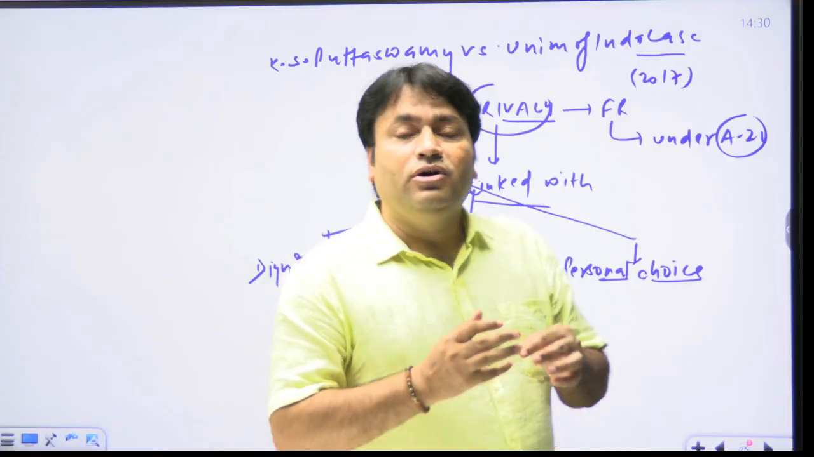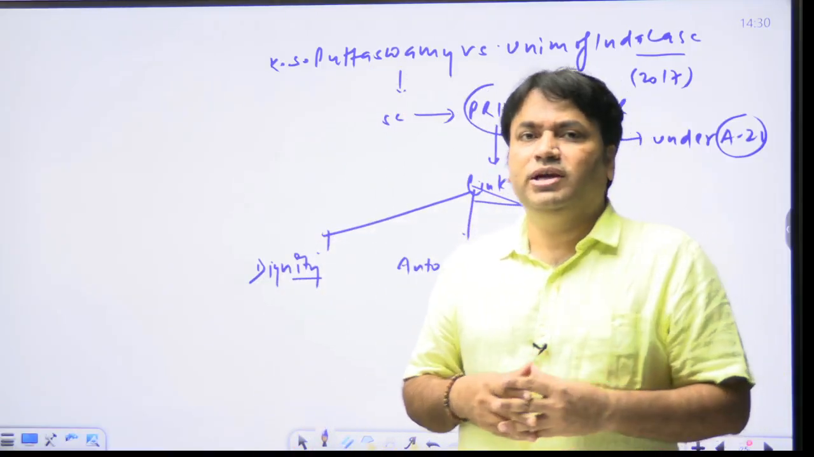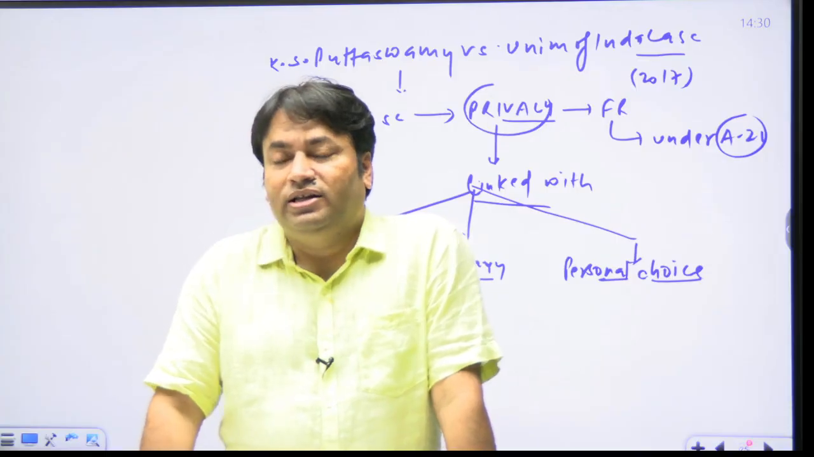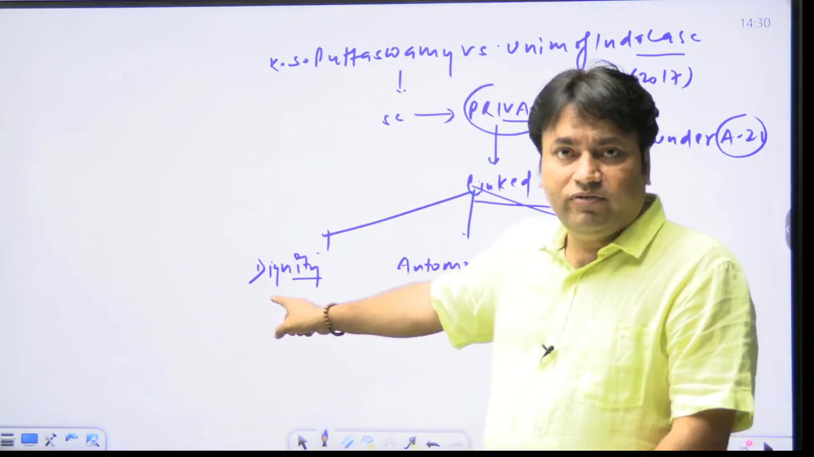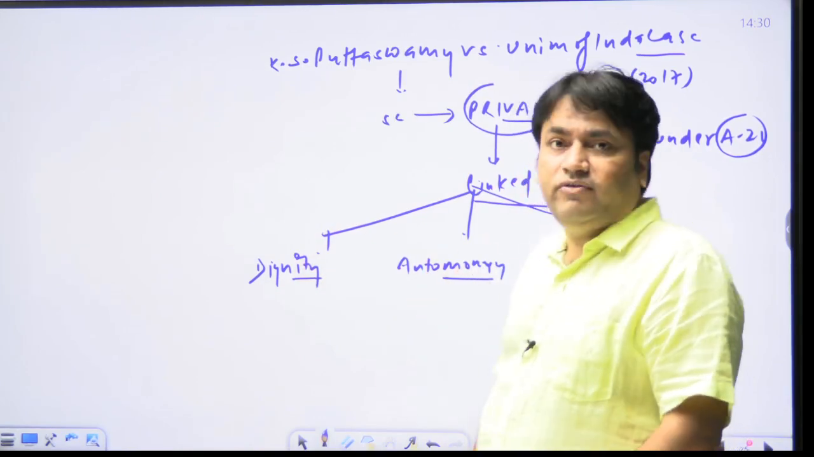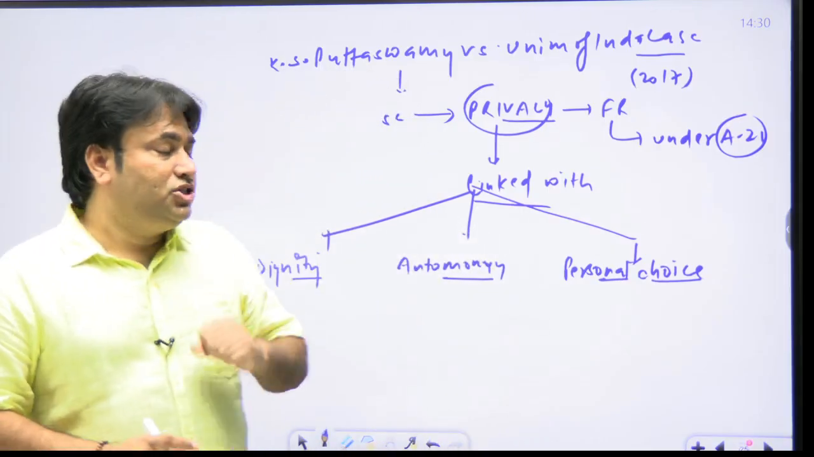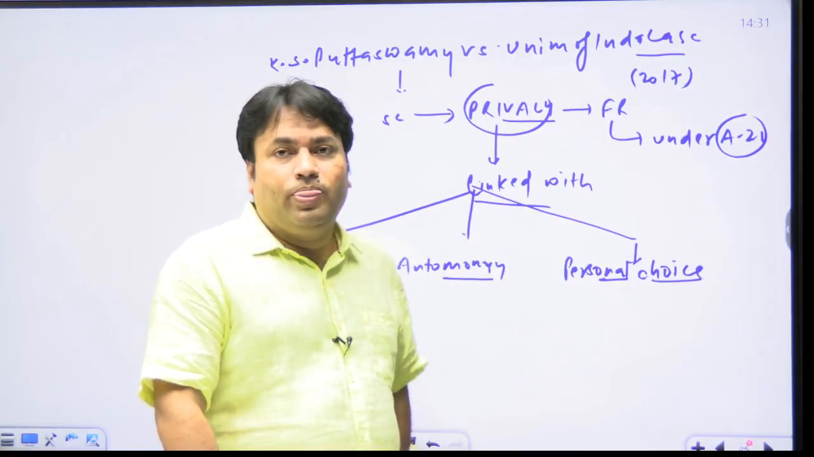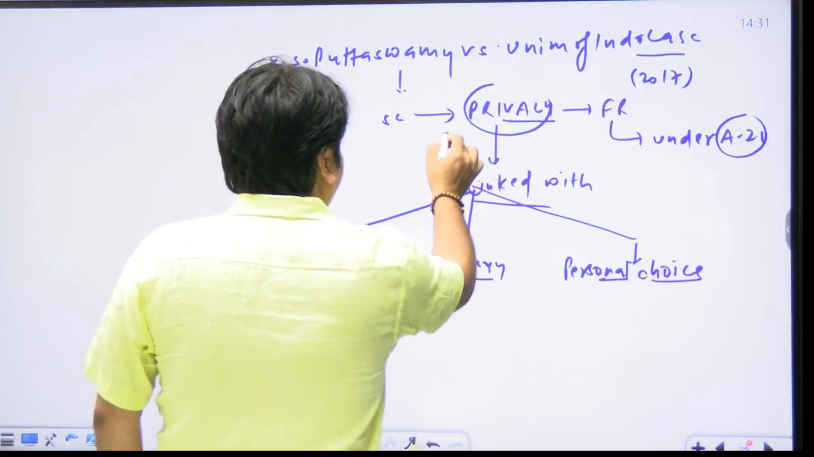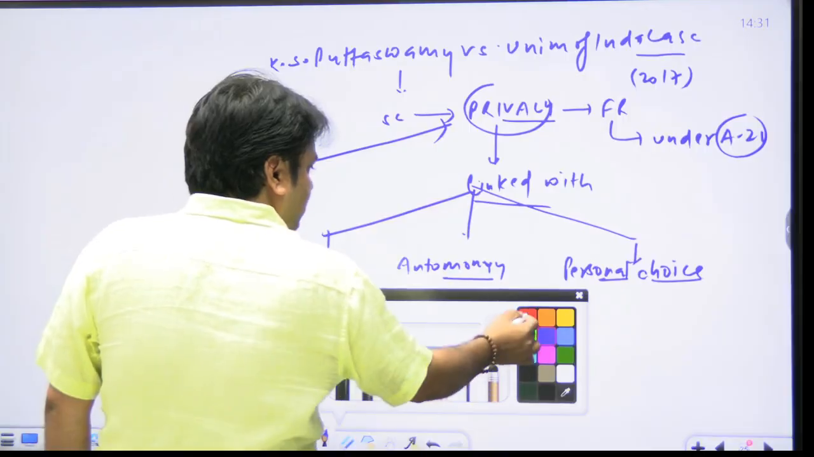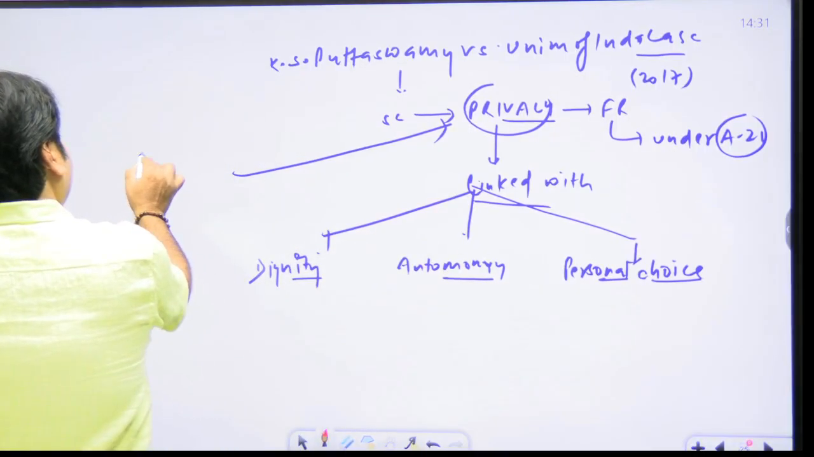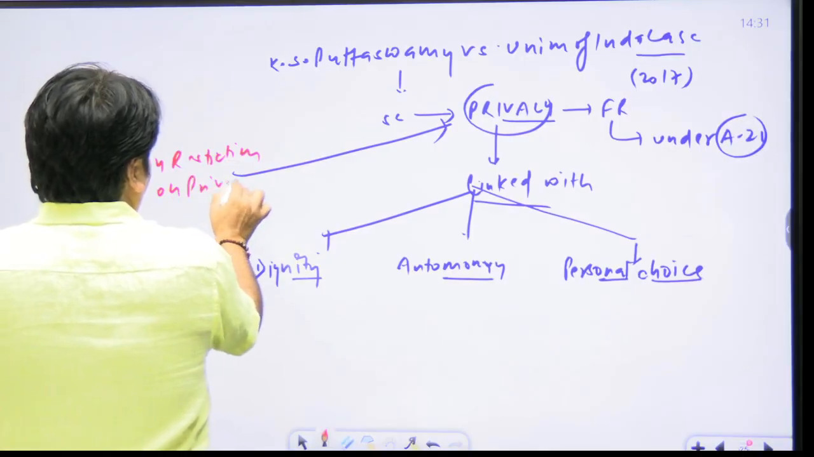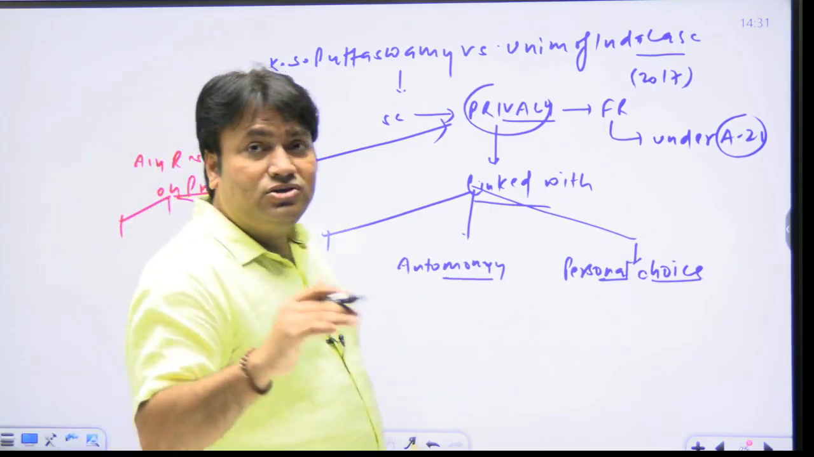That is related to right to life and personal liberty. You all know about this. And other fundamental rights given in Part 3. So the court said that privacy is essential for dignity of an individual. It is essential for autonomy of an individual, and it is also essential for personal choices and individual liberty of an individual. So if the state puts any restriction on privacy,